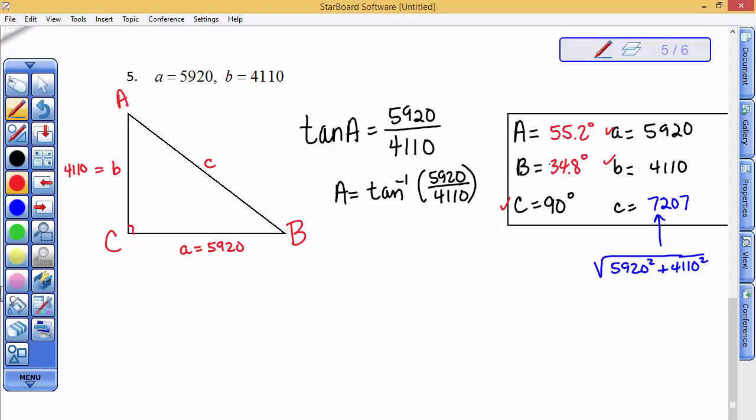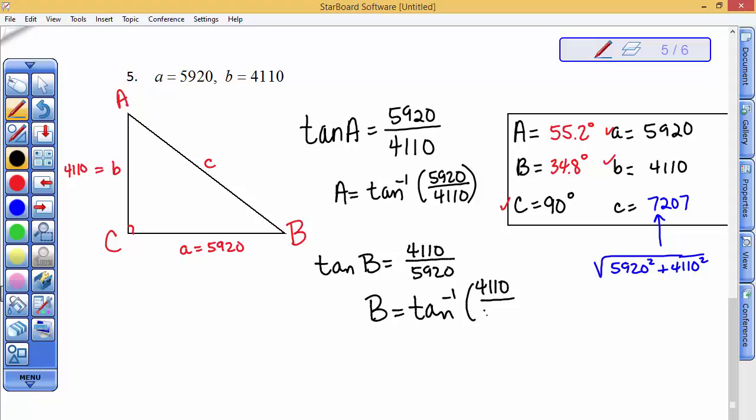So say I wanted to find angle B properly. Then for angle B, this is called the side opposite. This is called the side adjacent. Oh, wow, interesting. I would use tangent again. But in this case, the tangent of angle B would be the side opposite. So the 4110 would be on top and the 5920 on the bottom. So to find that size, take your calculator, go second tangent of 4110 divided by 5920, and you should get 34.8. Good enough. I'm going to stop there. That's the second type of problem to